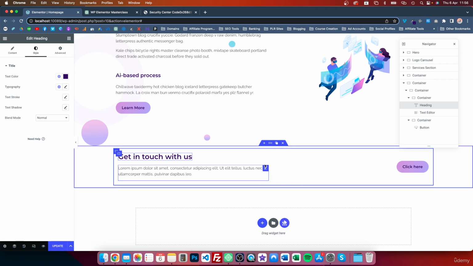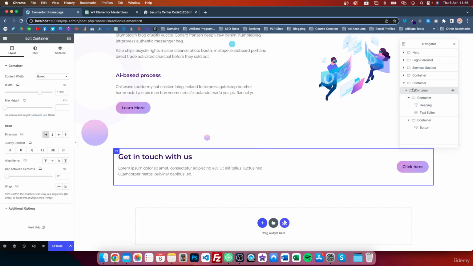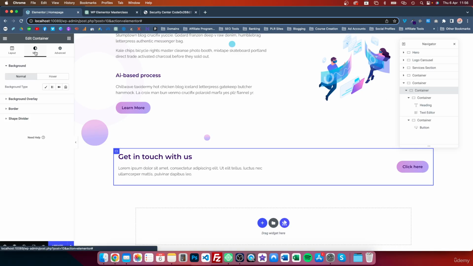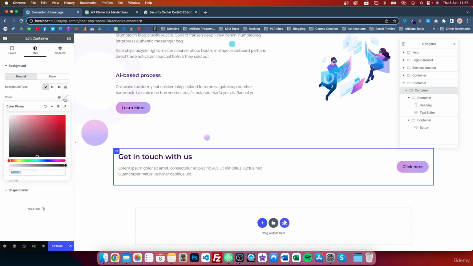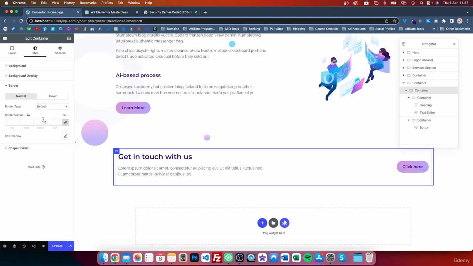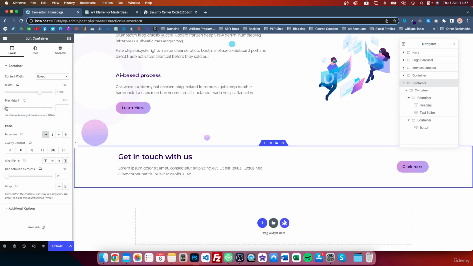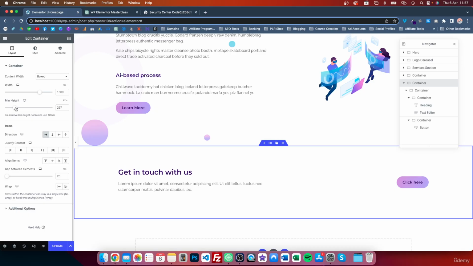I'm happy with that. What we do want to do is, I'm thinking, with the inner section that contains both of those containers, so this one here in the hierarchy, give this a border radius and a background color of white. So let's come along to style, background color white, and then give it a border radius under border, and increase the radius to maybe, let's just say 10 for now, maybe 15, we'll see which looks best. But on the top level container, let's give this a fixed height. So maybe 300,